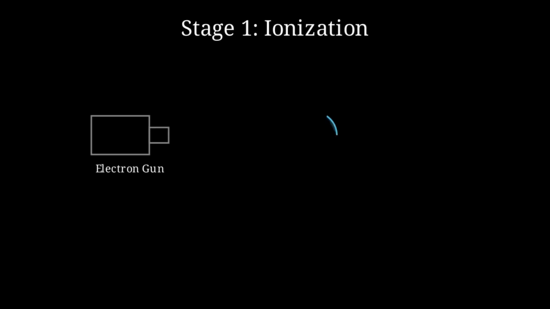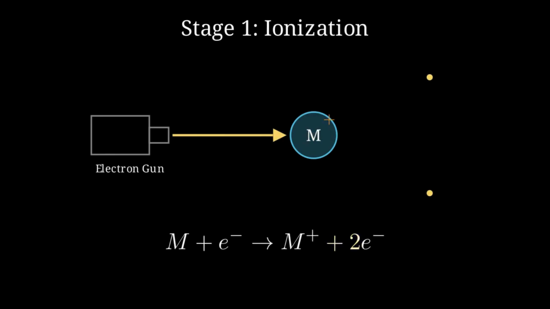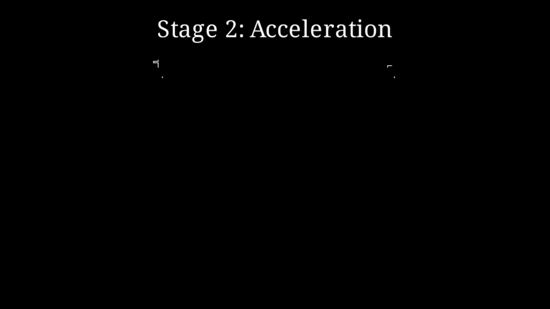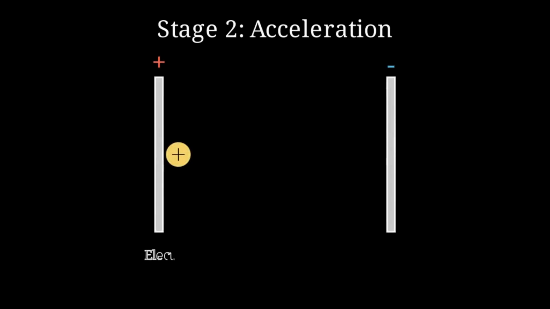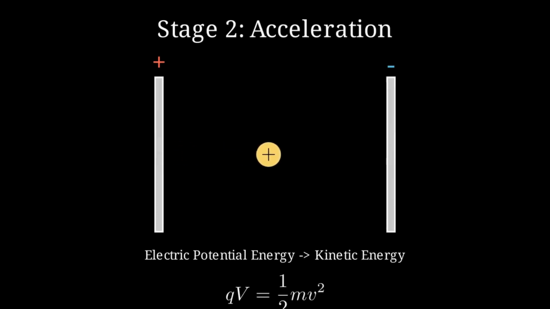In the ionization chamber, high-energy electrons collide with the sample, knocking off electrons to create positive ions. This charge is essential because neutral atoms cannot be influenced by electric or magnetic fields. The positive ions are repelled by a positive plate and attracted toward a negative grid. This electric field accelerates all ions, giving them a specific amount of kinetic energy determined by their charge and the